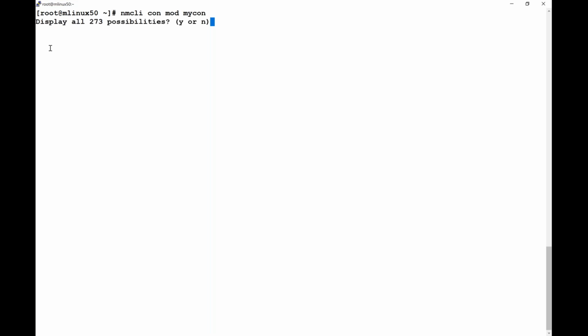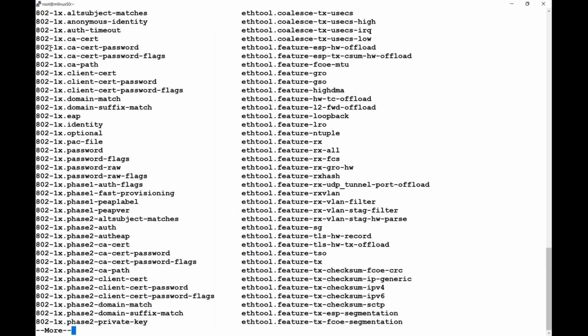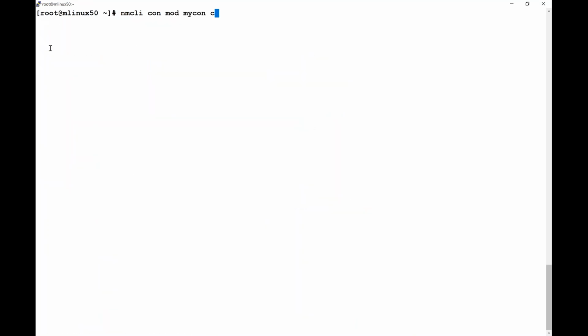Now double Tab and you see all the possible changes that you can make, their names. Lots and lots of names it is giving you for what you can modify. So I know what to modify. I want to modify the option connection.auto-connect. See, last time I selected no. Now I want to make it yes. So I'll say change it to yes. And I want to change ipv4